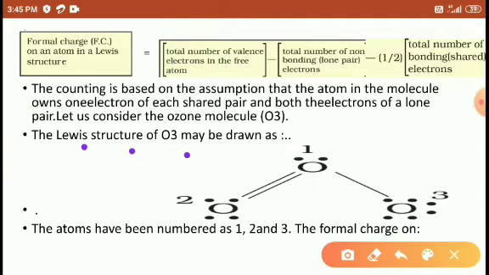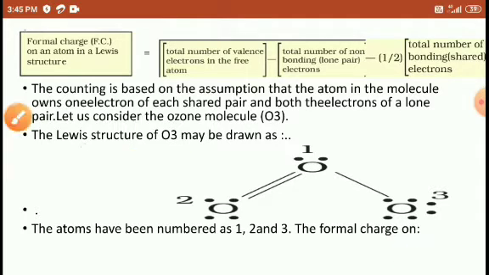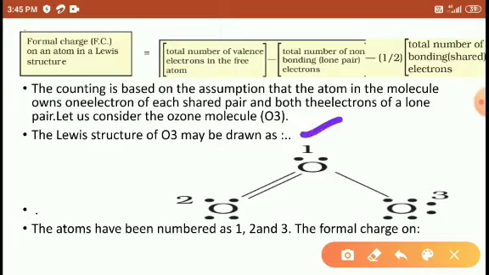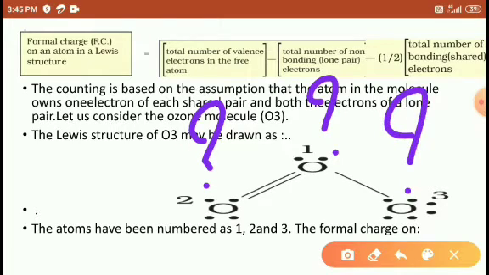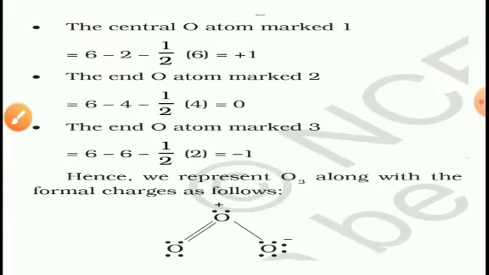So here is the Lewis structure. In this structure, students, we have to assign, with the help of the number of electrons present, valence electrons, bonded electrons or non-bonded electrons, what type of charges develop on the atoms. Here we are using three oxygens: first oxygen, second and third, right? What would be the charge developed on the first oxygen, and what would be the charge developed on the second and the third oxygen atom, that we are going to discuss here.